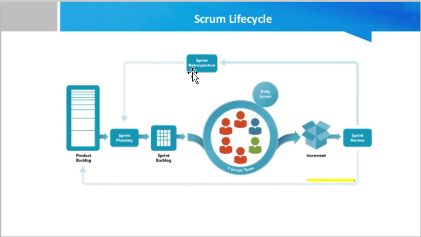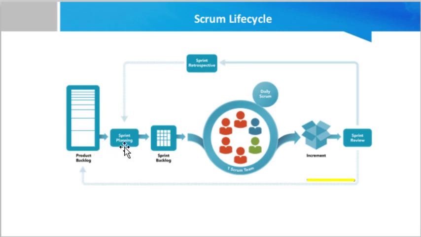In the sprint retrospective meeting, it is discussed what has been done well and what has gone wrong, and basically it's not a blame game meeting. The purpose is a learning session, in which we try to learn what things go well so that we can continue the positive things, and what goes wrong so we can avoid the negative things. So once this sprint completes, again we take the